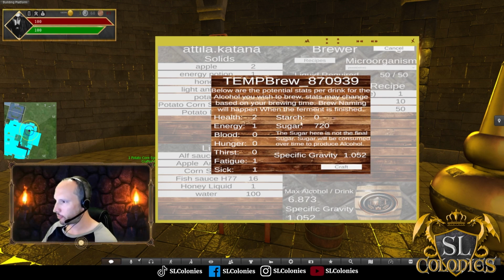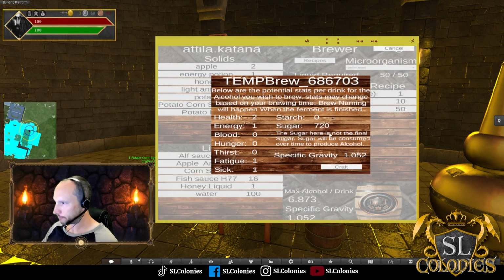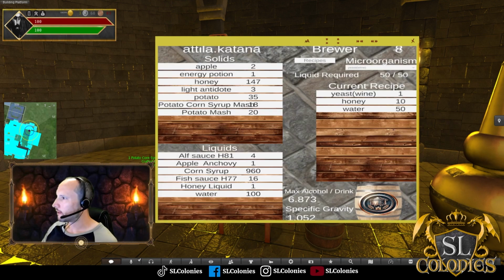fatigue. My sugar is 720 with a wine yeast. I'll explain what sugar does over time with the hydrometer when I show you the actual mash, and a specific gravity of 1052. I'll hit cancel here, and I'll change the yeast now, so take note of the sugar content specifically. Sugar is 720. Alright, so if I change it to, say, a spirit yeast, which is